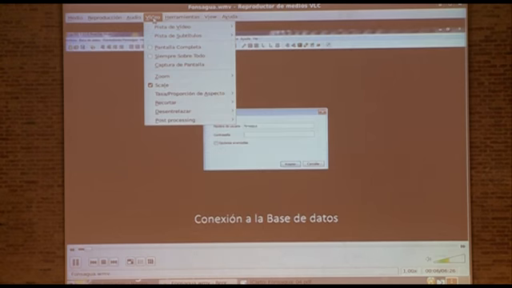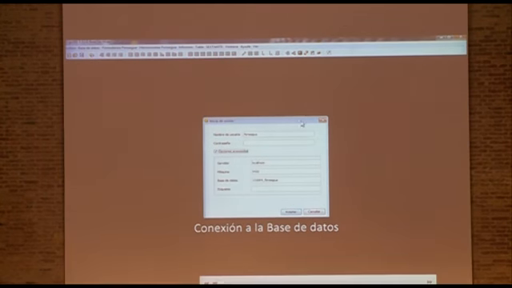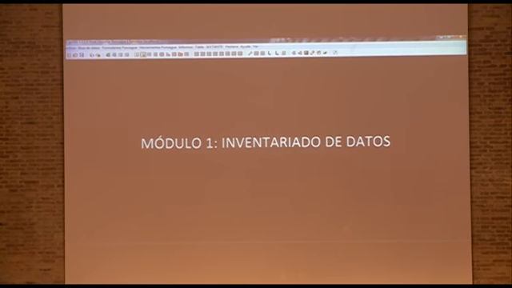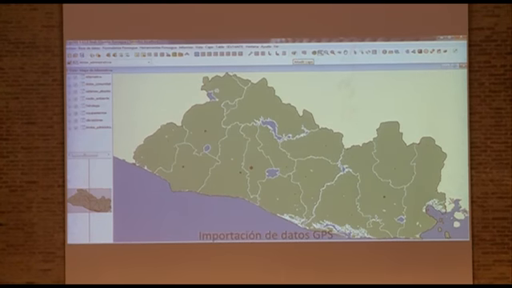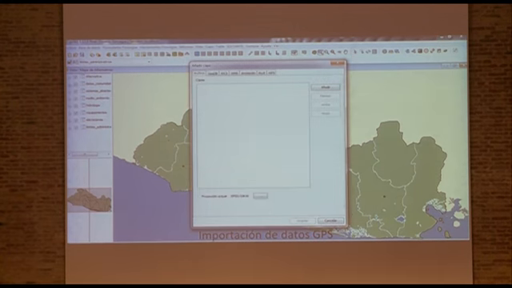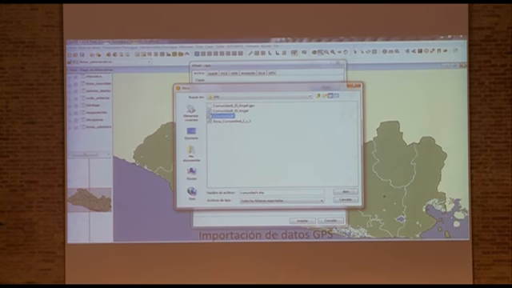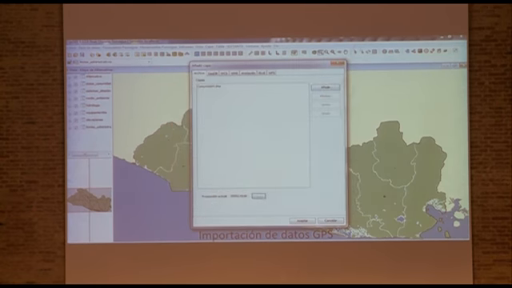And then we can have 5 minutes for comments about this video. In the video we are going to do that much better. It starts with a connection to the database in the modality of Postgres. There is no problem, and then you get into one of the modules with the import and the digitalization of data. Then I get into Fonsagua, and gvSIG has changed because we have touched the buttons and we have put new